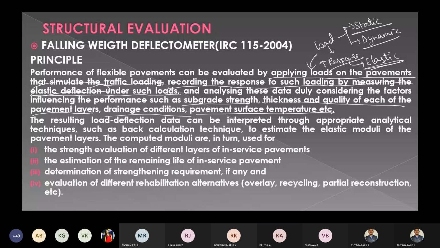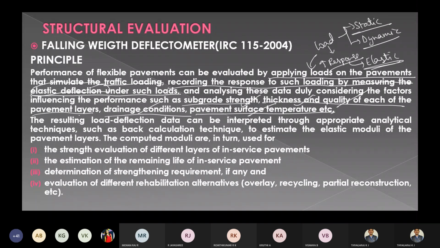So collecting the elastic deformation data, how much it has deformed, and analyzing it with factors like subgrade strength, thickness, quality of each material, drainage condition and temperature. Analyzing that deflection data with all this data leads to the structural evaluation of the pavement.